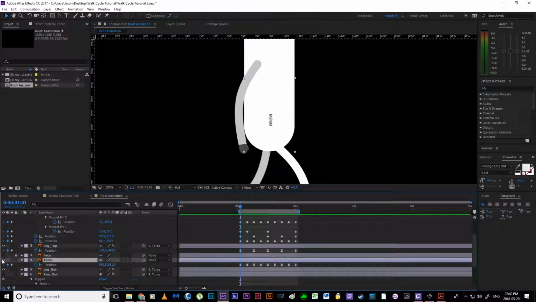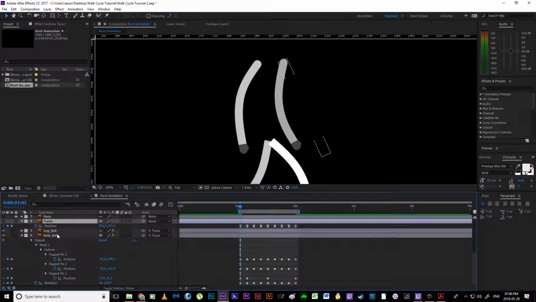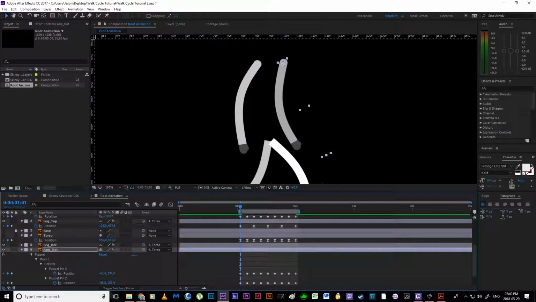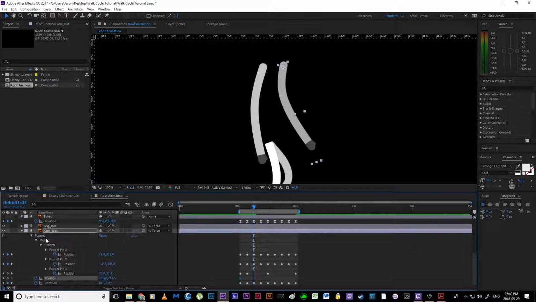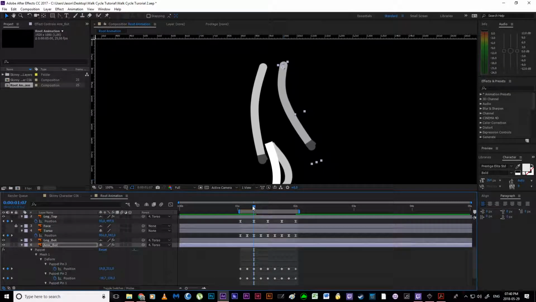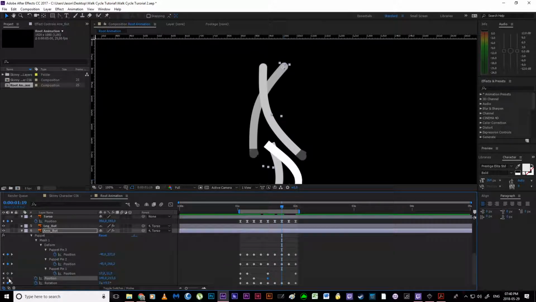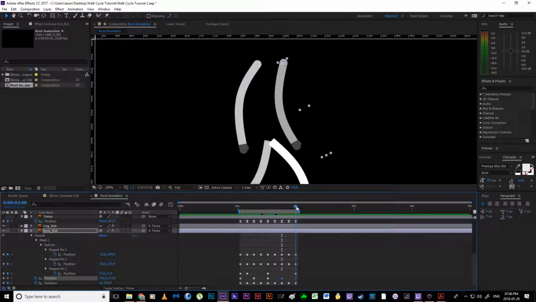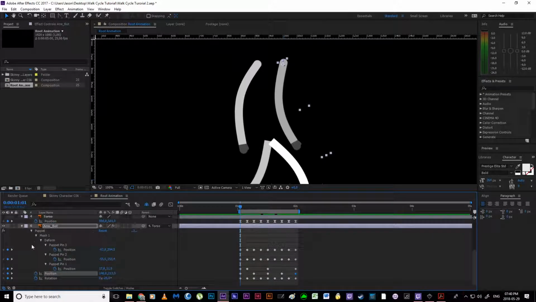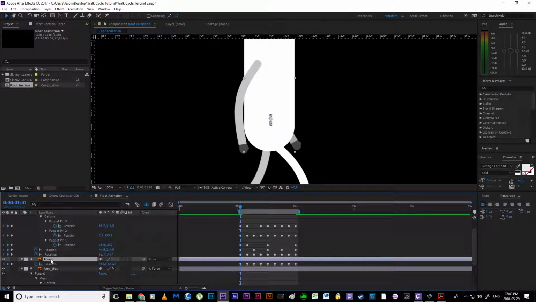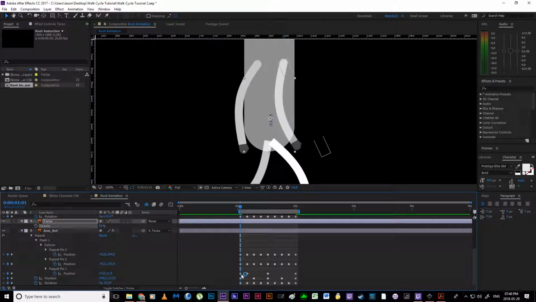So I'm actually going to hide my torso, bring my back arm back into visibility, Shift P to bring up the position, and I can use, again, just the leg position. Just using the top leg position, just so I can block out the position on this. And over there. Okay, and we don't really need to see the torso, but it might help, I guess. So what I'm going to do is just reshine my leg layers so that I don't see those. Bring my torso back on, hit T to bring up the opacity, bring that down so I can actually see where my arm is, and